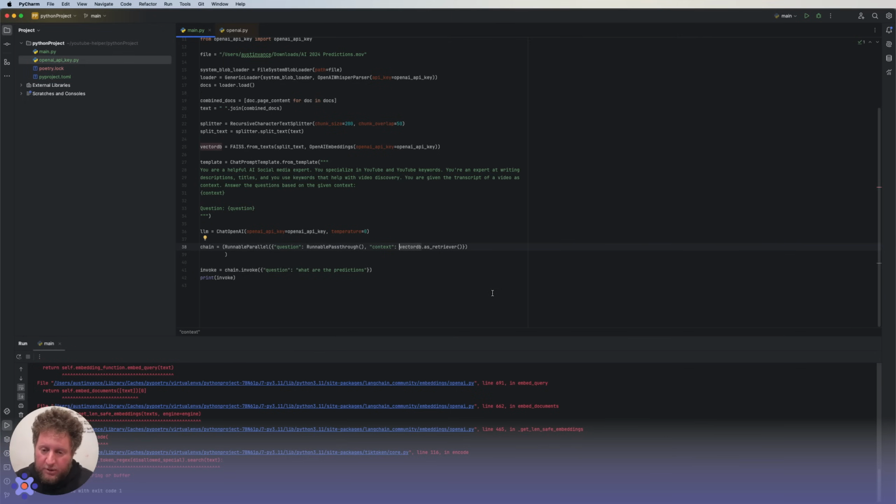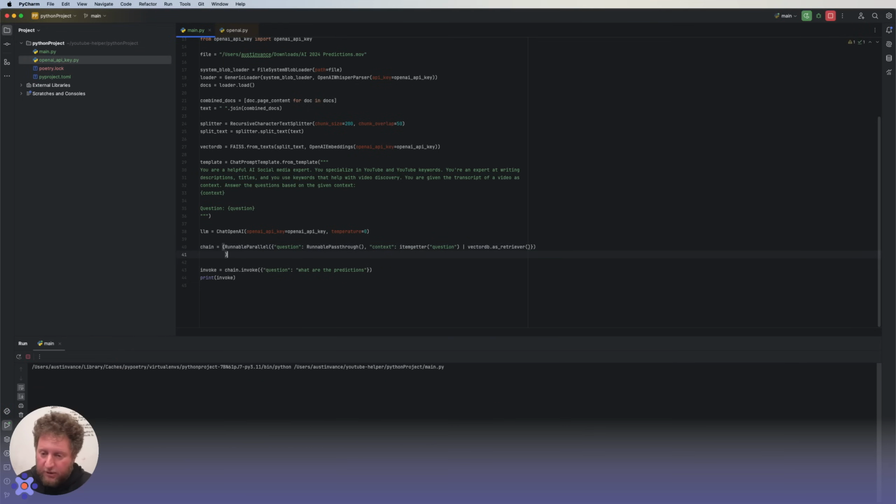So instead, I want to grab a single item out of my input. There's two ways to get that. I can use itemgetter and say question, and I can pipe that in, or I can use a lambda. So now if I run that again, and then we'll go back to writing our pipe, and hopefully it doesn't break again.